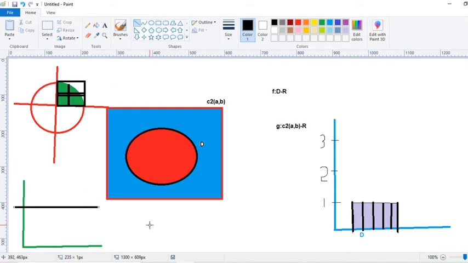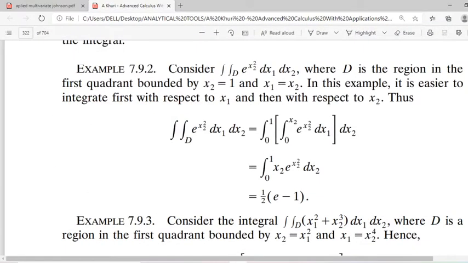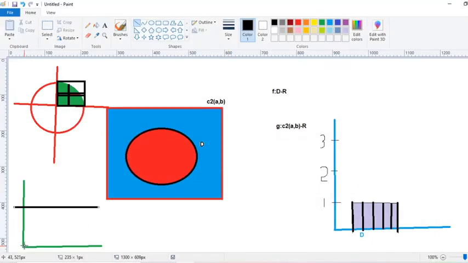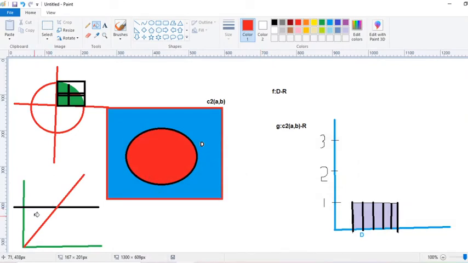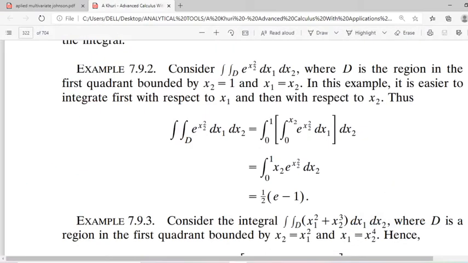Now another boundary is x1 equal to x2. What is x1 equal to x2? It is the 45 degree line. This is x1 equal to x2. So which is the area bounded by these lines? Moreover, it is the first quadrant, so the region is nothing but this one. This is the region. So again we can consider